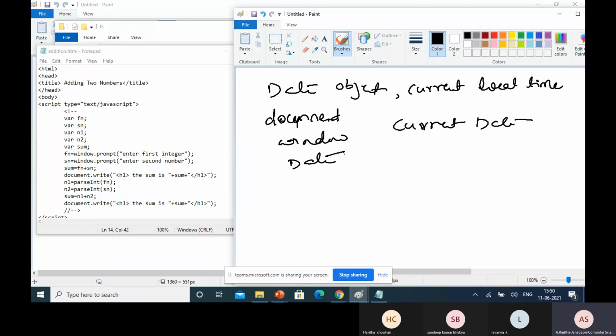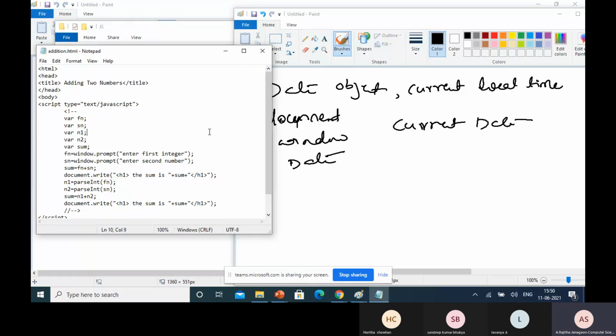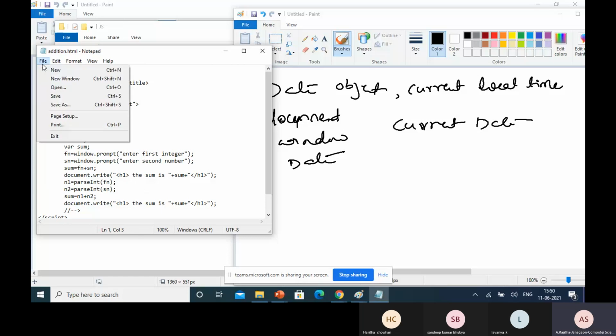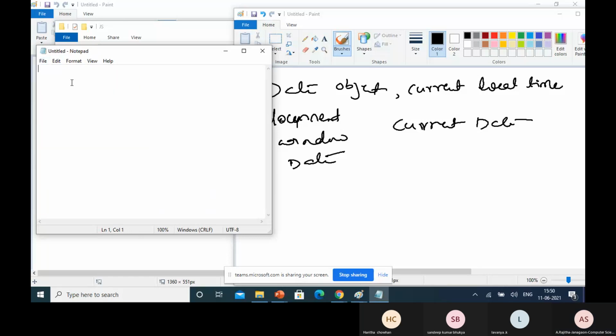Here, suppose the HTML with head tag. Then next you can specify the title, that is date object.